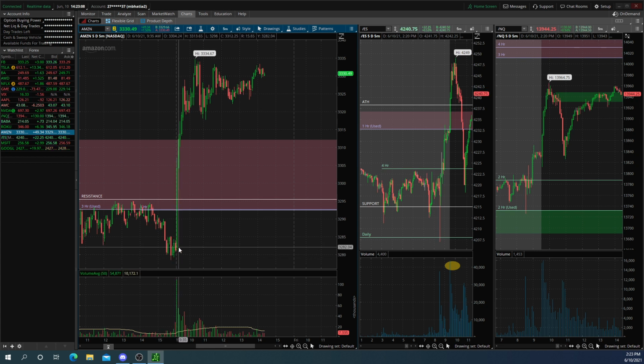You can clearly see that this first candle on Amazon was over a $20 move. So clear volume, clear strength, clear momentum. No fresh or used supply above. The reason I did not take this trade is because I could not find a single bit of consolidation here. First of all, this was traded off of the first 5 minutes, and second of all, there was no